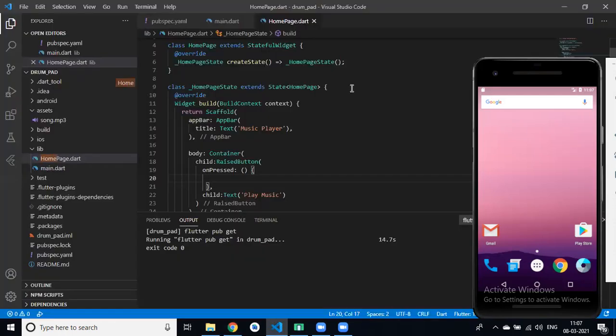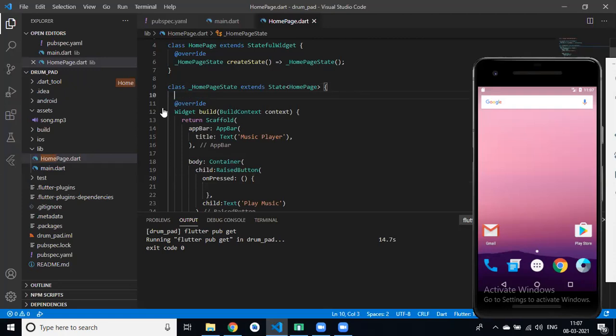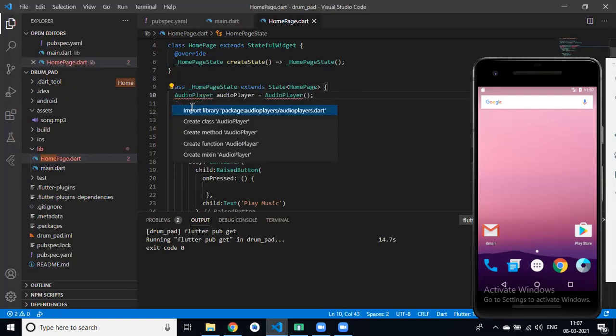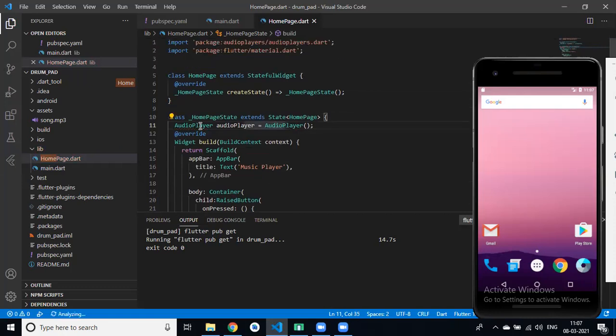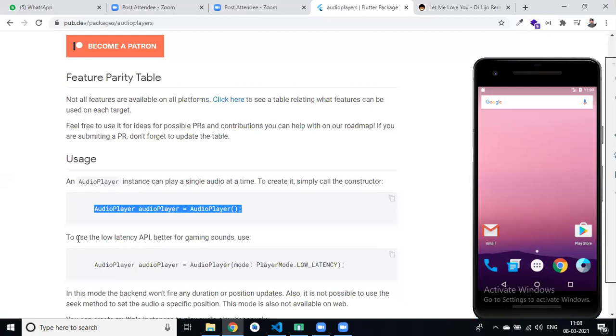So first we create an object of the audio player class, right? This is basically an object. Yes or no? Yeah, sure.